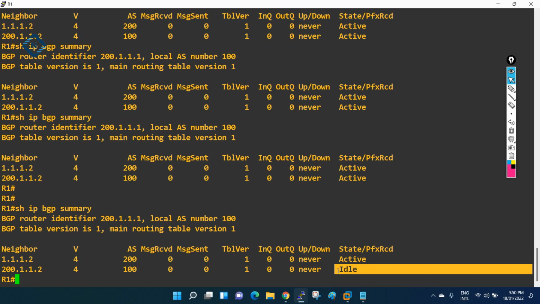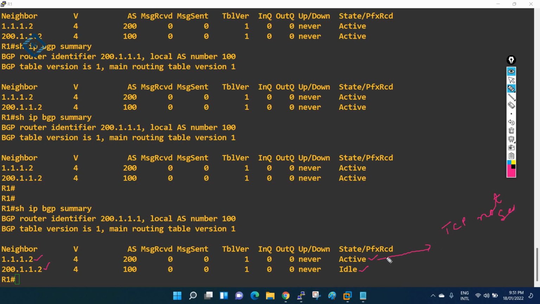Okay, we are going to see that one. So here, if you see the difference, this is one neighbor, this is another neighbor. This neighbor is active, this neighbor is idle. So you need to remember, whenever you have active, that means TCP session is not established. And when you have idle, TCP connection is not initiated, TCP connection not started.